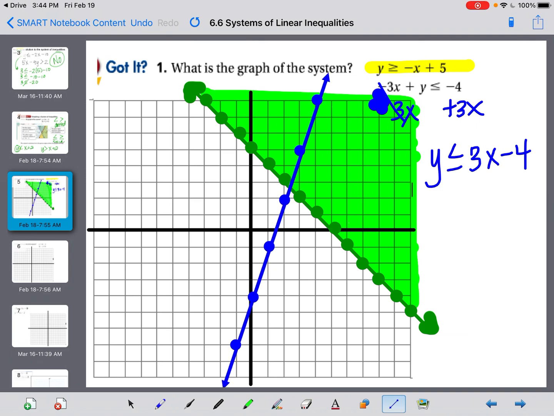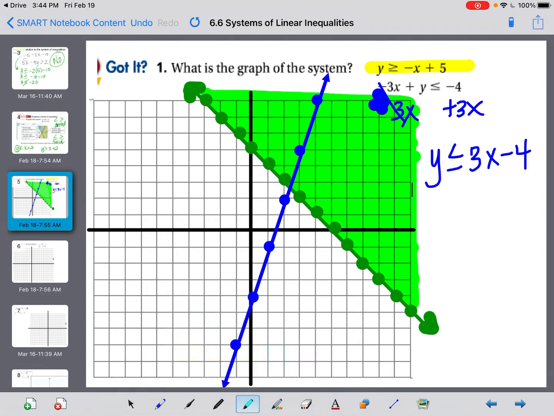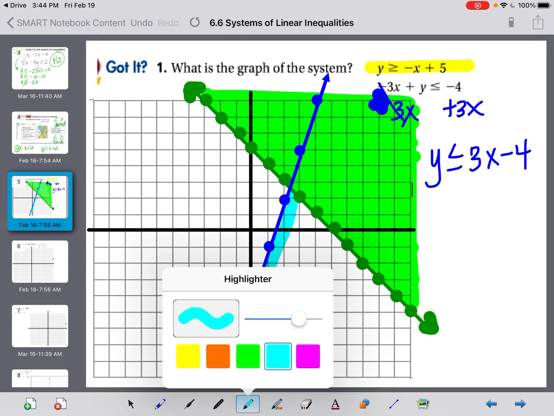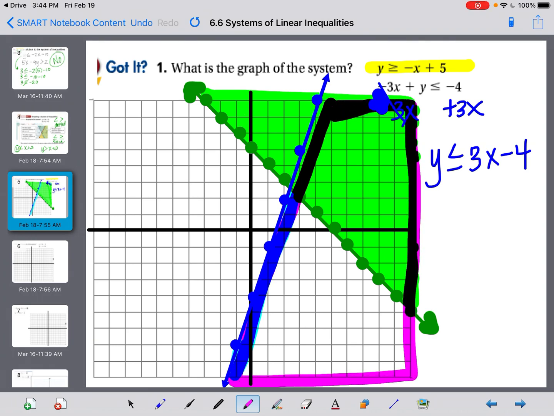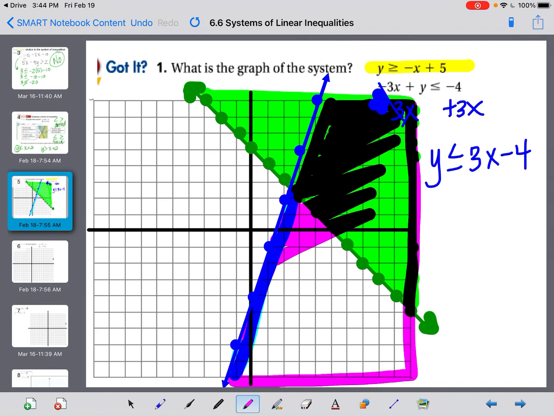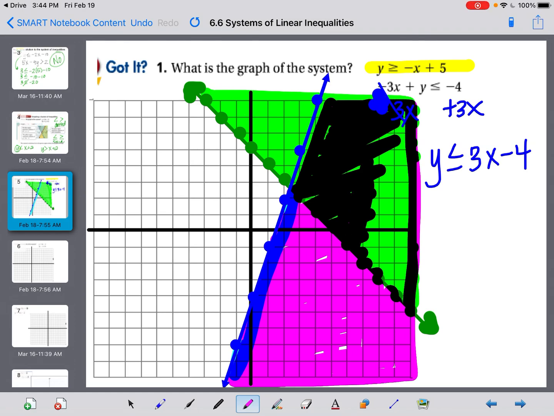Okay, and this time my y is on the smaller side, the less than side, so I need to shade below that line. Let's choose a different color so we can see the difference. Okay, if you notice, I had a pink highlighter, and where it was already shaded green is now turning black